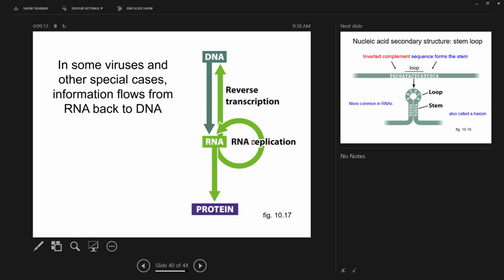But we always draw it 5' at the left and 3' at the right. So you can see that either of the 2 strands of DNA, the top one up here or the bottom one down here,